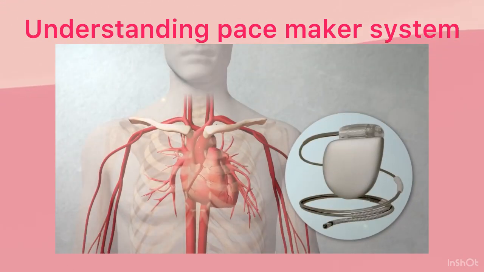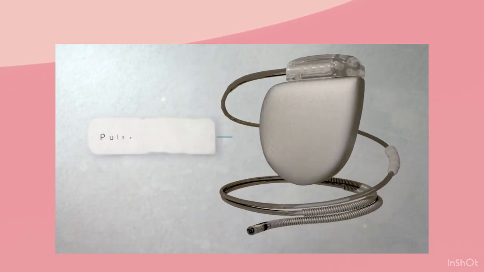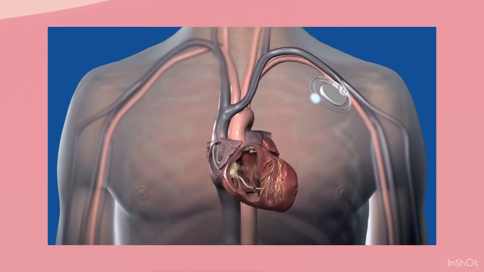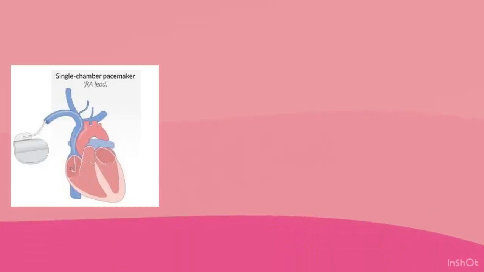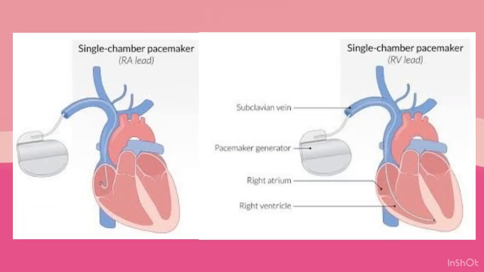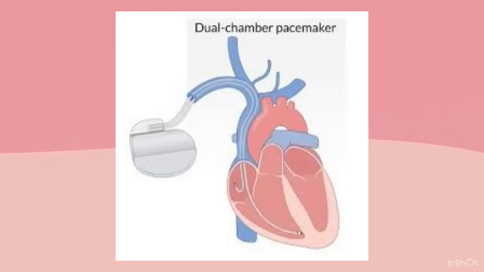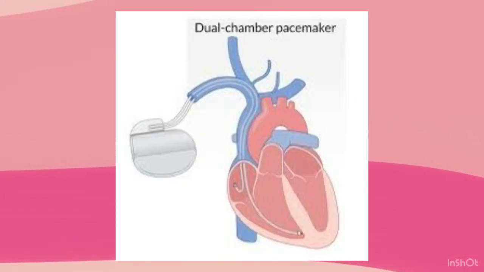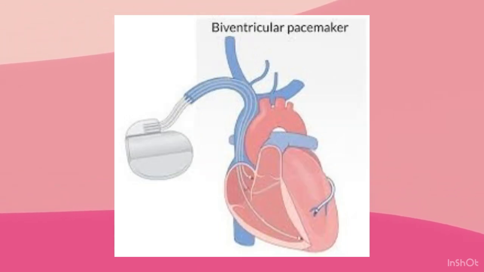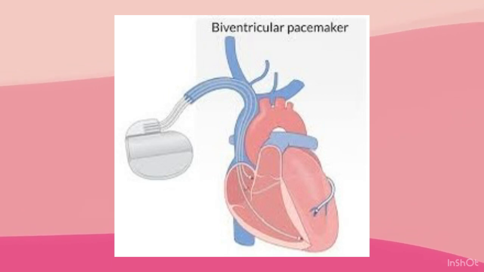Understanding pacemaker systems. A pacemaker system includes two main components, a pulse generator and leads. The pulse generator is what powers the system, while the leads are responsible for sending electrical impulses to the heart. When you're coding for pacemakers, it's essential to know whether it's a single chamber, dual chamber, or biventricular system. A single chamber pacemaker involves one lead placed either in the atrium or ventricle, while a dual chamber pacemaker has two leads, one in the right atrium and one in the right ventricle, allowing for more precise control of the heart's rhythm. There's also biventricular pacing, which involves an additional lead placed in the left ventricle.